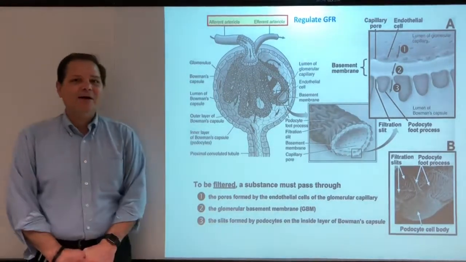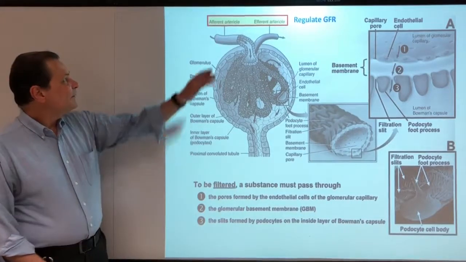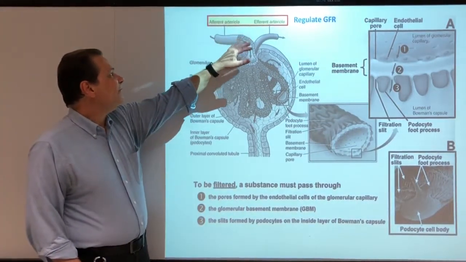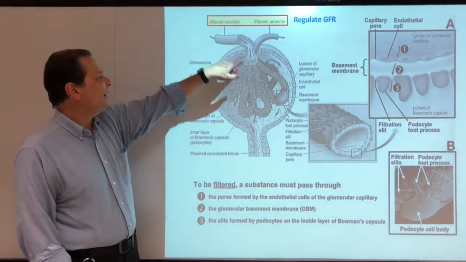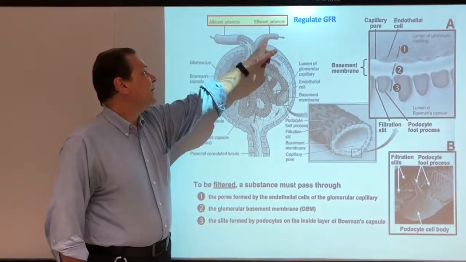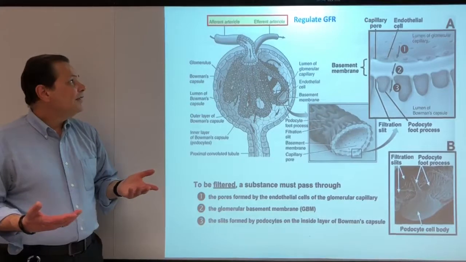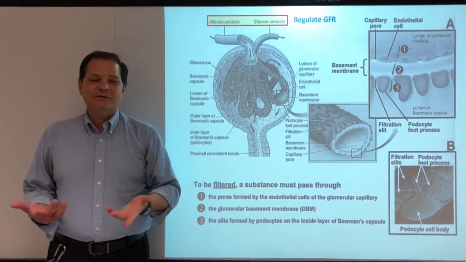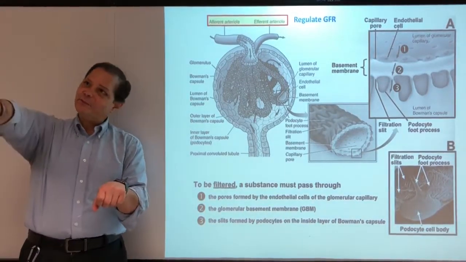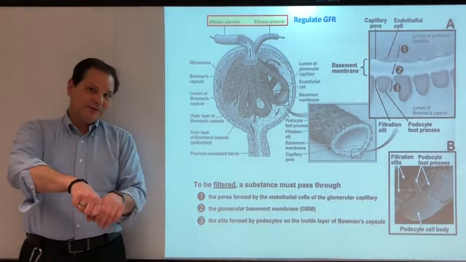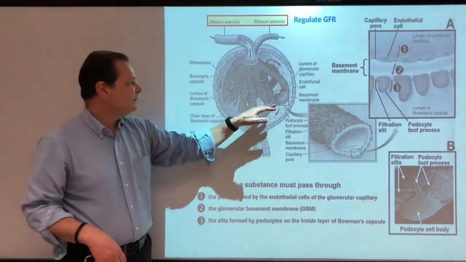Let's talk a little bit about how that filtration is regulated, and it is largely through the contractile status of these arterioles, the afferent arteriole where blood enters and the efferent arteriole where blood leaves. So you guys will recall that vasoconstriction will increase the resistance to blood flow, and this is like kinking a hose. When you kink the hose, the pressure upstream of the kink goes up, the pressure downstream of the kink goes down. So we have this process of filtration taking place through